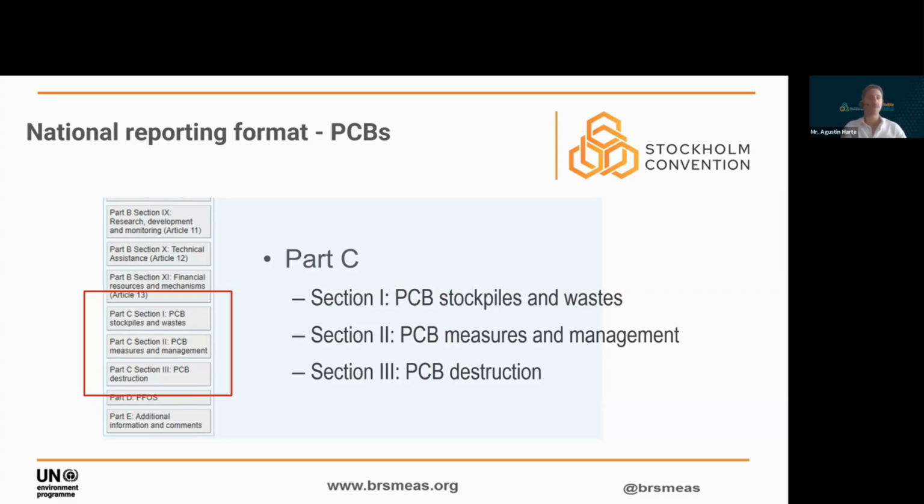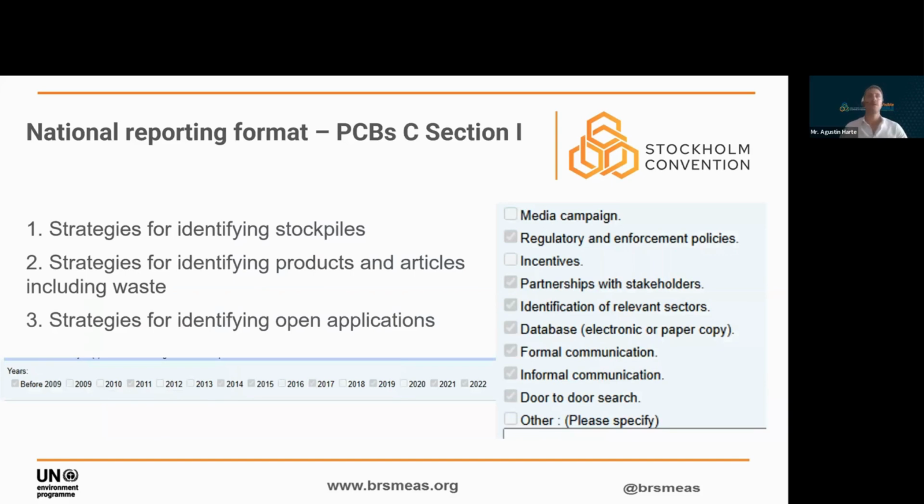I will go quickly through the questions and I will highlight some important information and aspects to consider before responding to those questions. So in the first section, we have 3 particular questions that are talking about strategies. Question number 1, strategies for identifying stockpiles. When we talk about stockpiles, we